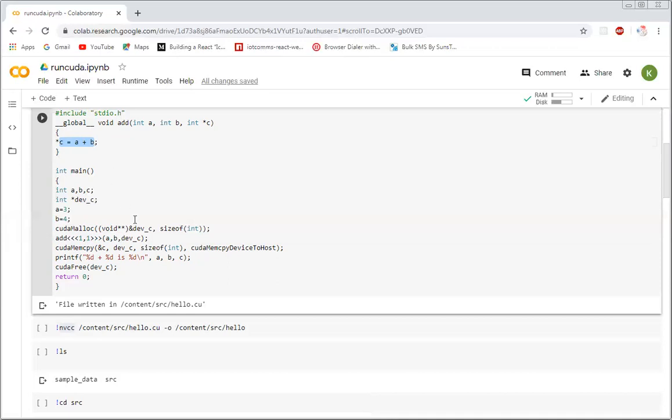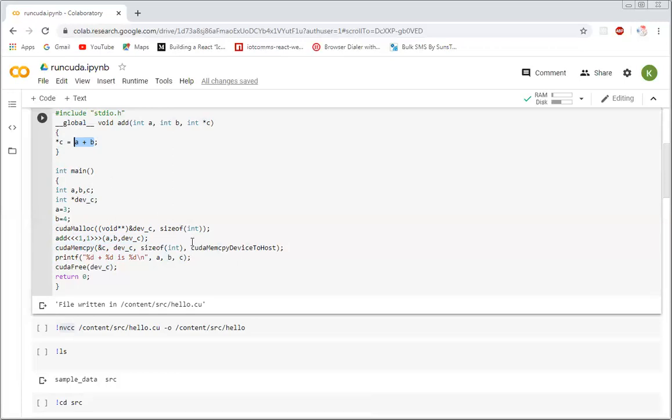Now the next thing, I executed it. When we call this function on the GPU side, I should say on the device side, one thread was allocated. This function was executed. Three values were passed, A, B, and C. In C, the summation of A plus B was stored, but it was on the device side, right? Stored on the device memory. Do you want it in the device memory or in the host?